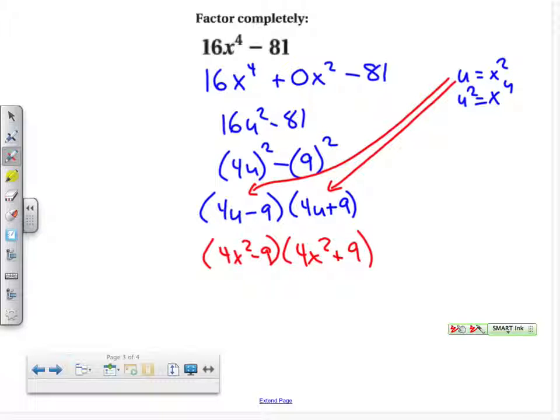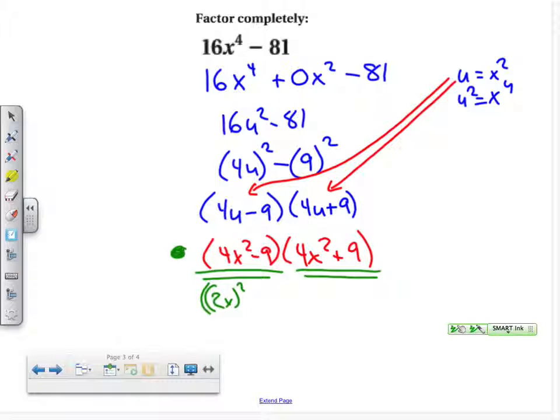So we notice it follows the pattern of a quadratic. We substitute it to get it to be a quadratic, and then we substitute back to get to our original variable. Now this unit's on factoring completely, so we need to look and say, okay, are we done factoring? Can we go further? And the answer is yes. On this one, on the left,